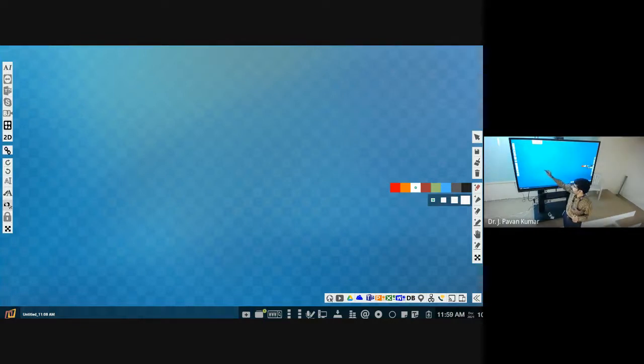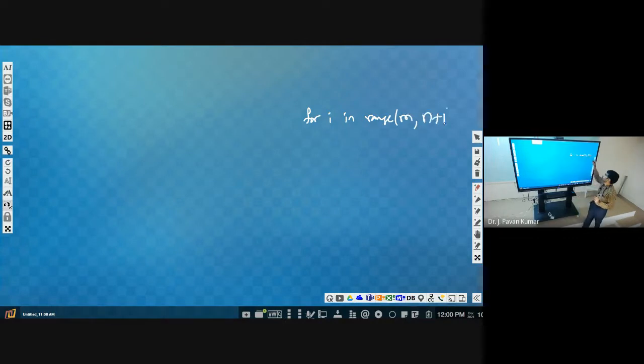Yeah, we have to start from range of m up to n plus 1. M comma n plus 1. Every time what we have to check? We have to check whether it is prime or not. So we can use the earlier function is prime we have defined, right?